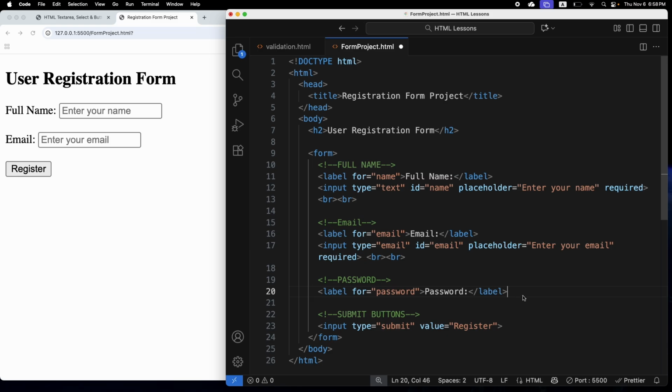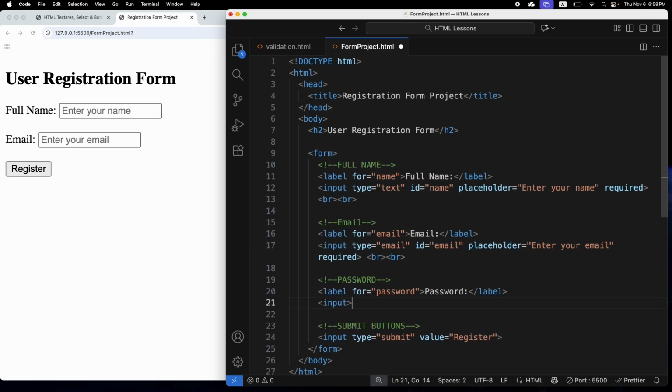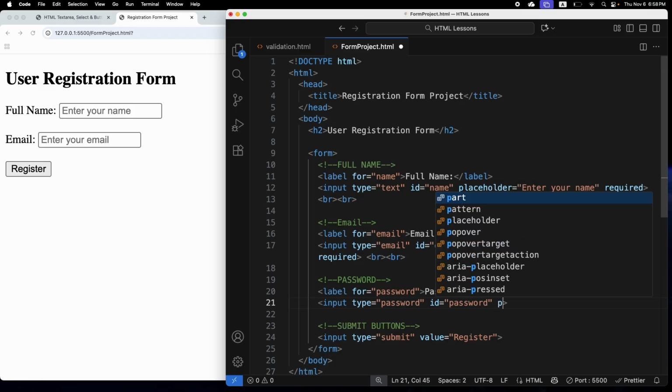And also let's create an input tag, and I'm gonna set the type to password, and also I'm gonna set the ID the same as for, to password, and also I'm gonna set the placeholder